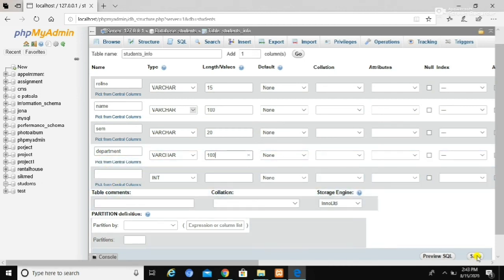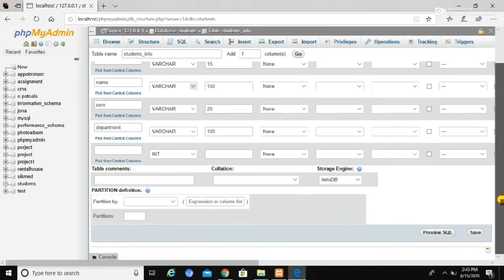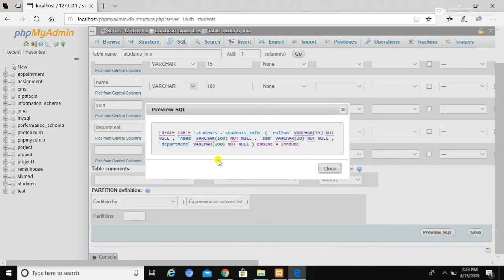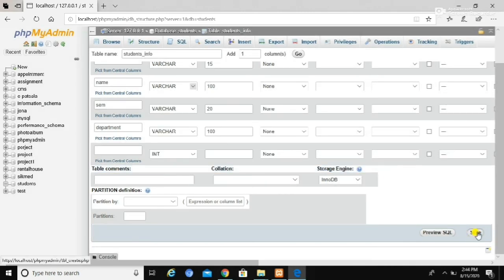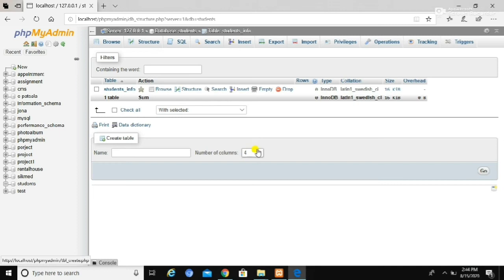So this is the save button which is used to create our table. We can also see the SQL query by clicking on Preview SQL. So this is the SQL query for creating tables. After creating columns, we need to press the save button. So this is how we can create our table in phpMyAdmin.